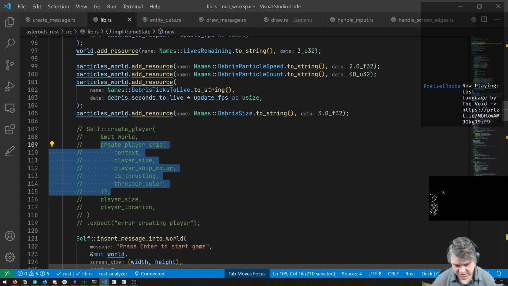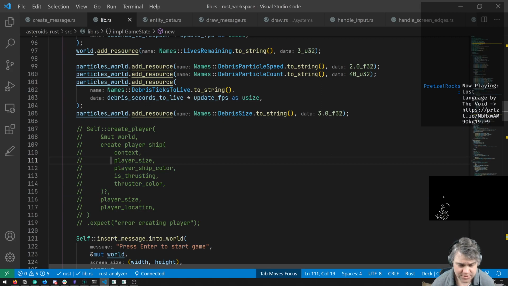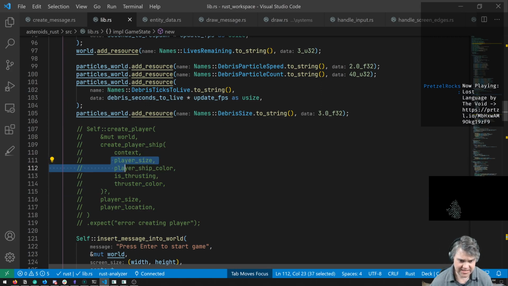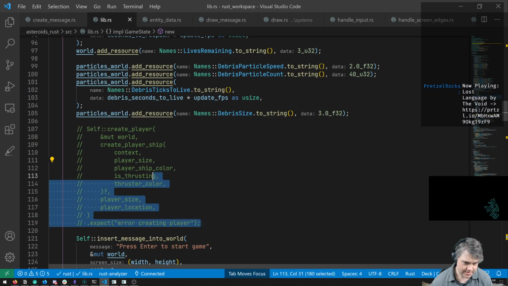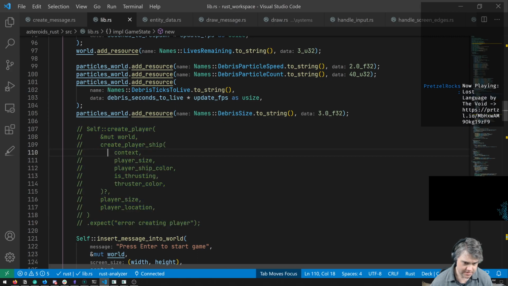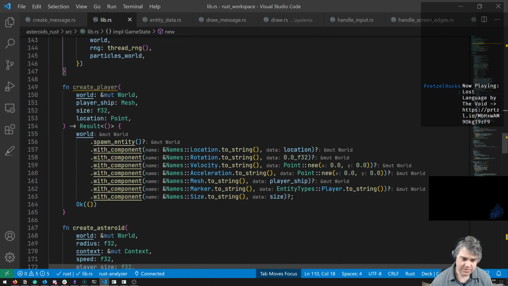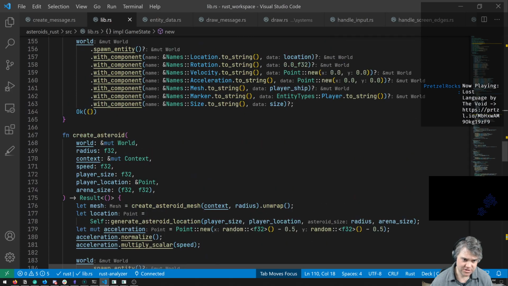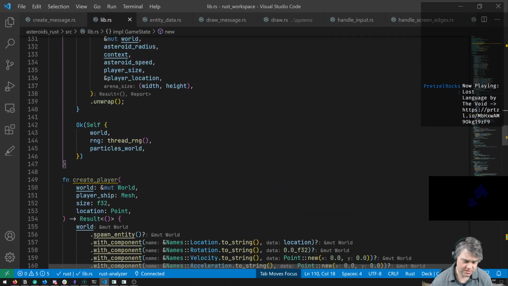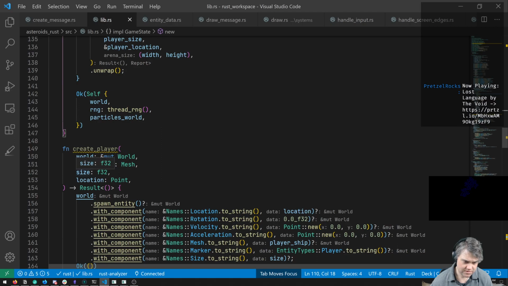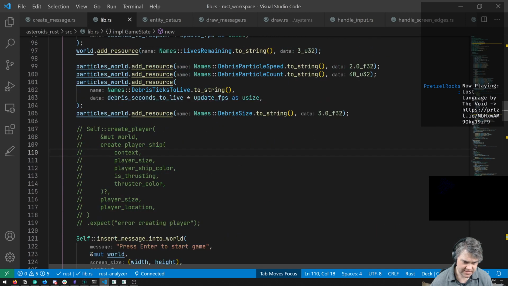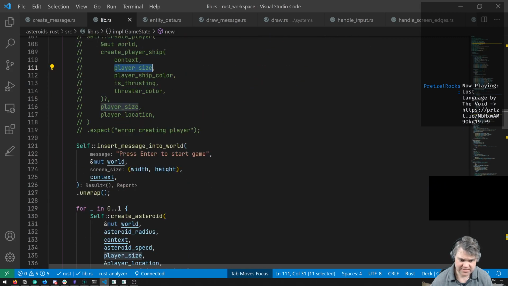I kind of wonder if we should just put all of this stuff, like player size and player ship color, inside the player ship. Maybe. Oh wait, are we putting the player size in here too? I think we are.